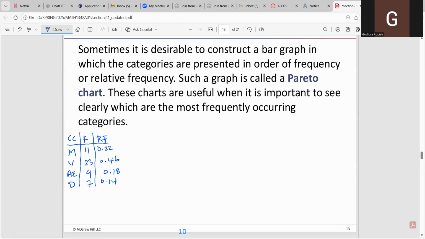So it is 7:50 right now. I'm going to pause here. We're going to have a 10-minute break. We will resume at exactly 8 p.m. So you guys should take a break. We'll come back and draw this Pareto chart.